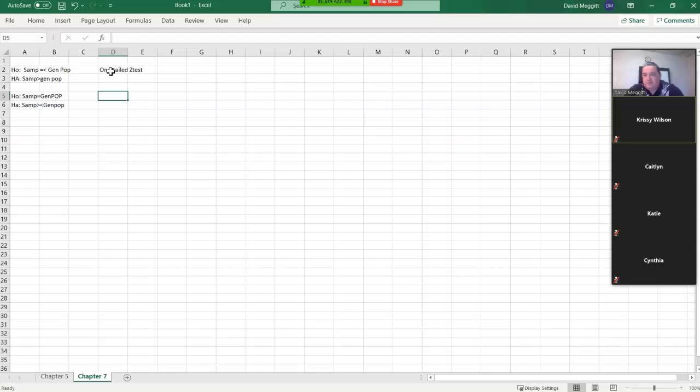And now this one is a two-tailed test. And it could be a Z test, it could be a T test. And the reason why it's a two-tailed test is because it will look like